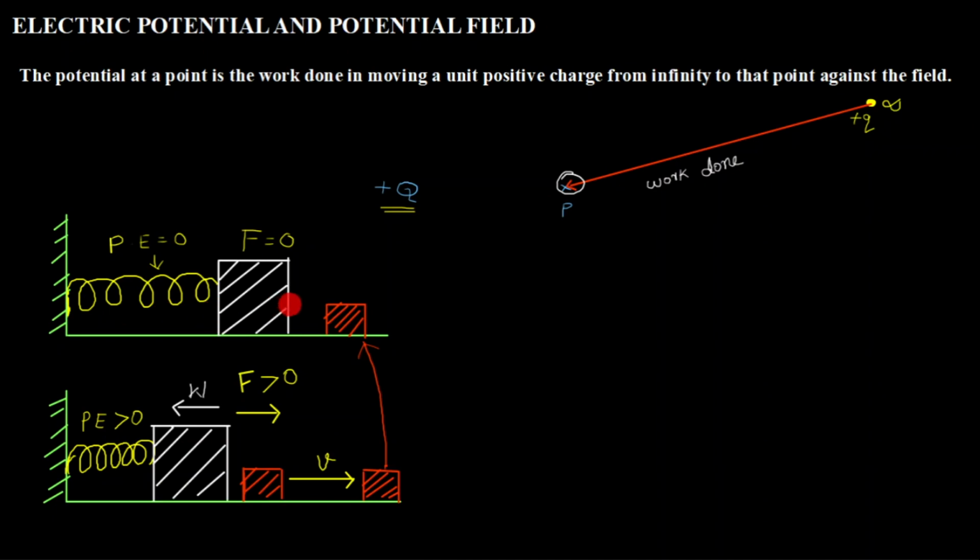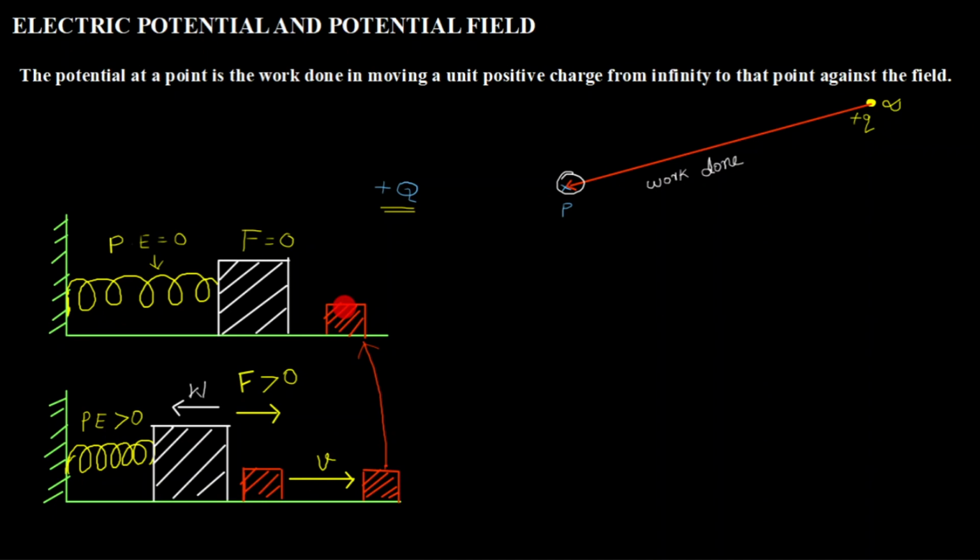Because this is out of the vicinity of the spring. This system, basically this spring box system, this small box is out of the vicinity of this particular system, so this is not going to disturb this box. But if I try to bring that box somewhere here after contacting, I have held this, I pushed it, I have done some work, and if I keep this box here and if I release this, it is going to push this somewhere here.